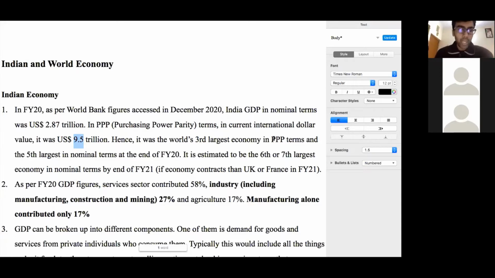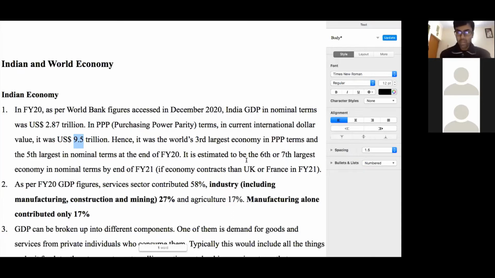We are not going to go into the technicalities. Even if I go into the details of it, I'll also get confused. I'm not an expert in economics either. I'm not an economist. So this is just a simple way to understand that the cost of living for any standard set of goods and services is around 3 to 3.5 times, roughly 3 to 3.2, 3.3 times, in the US on an average, compared to on an average in India. So that's why India's GDP figures have to be multiplied by 3 times, and that's the figure we arrive at, 9.5 trillion.